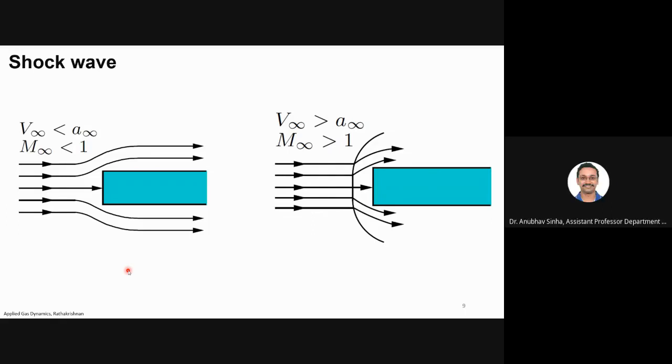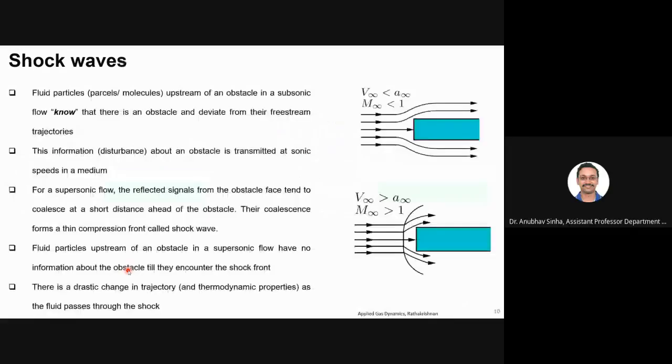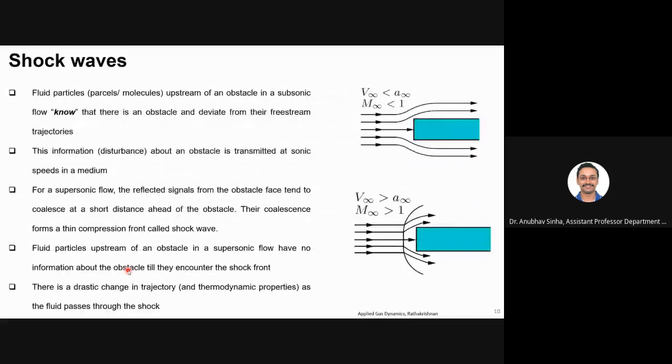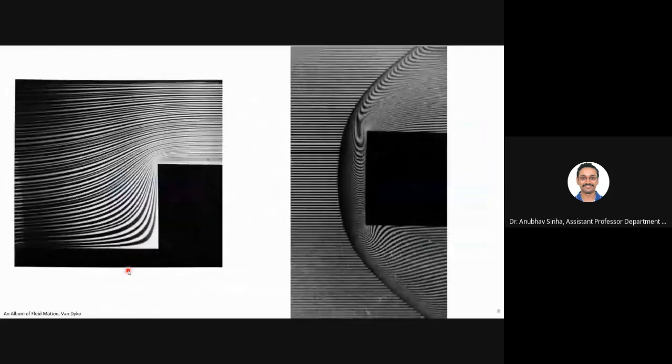See, now I'm just showing, we are not getting what is shock and why it is happening. So just bear with me for a few slides. I want to cover some basic definitions, and we'll derive what happens in a shock. In a crude way, I can say that the shock front is a step jump in properties.